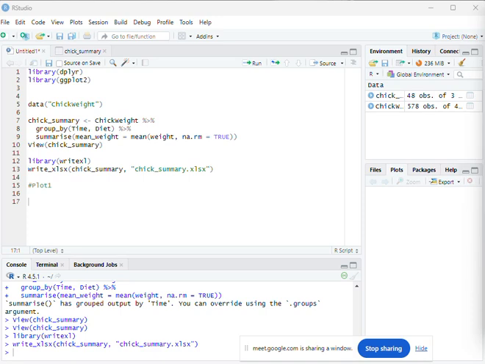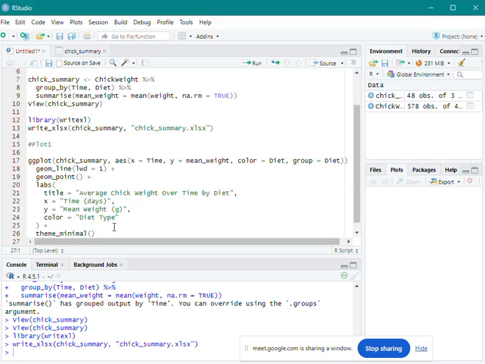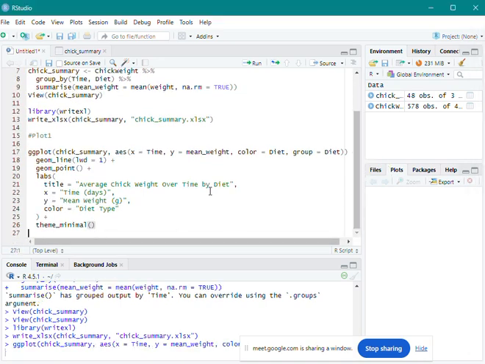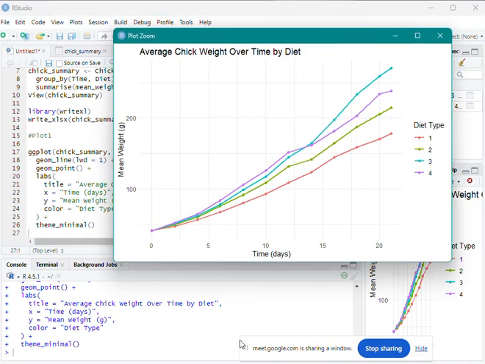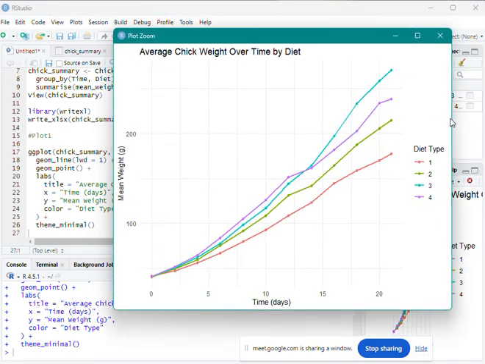We use the function geom_line to draw the growth trend and geom_point to mark each data point. So this is how it looks. There you go, this is the graph.